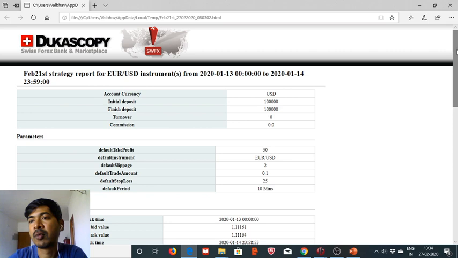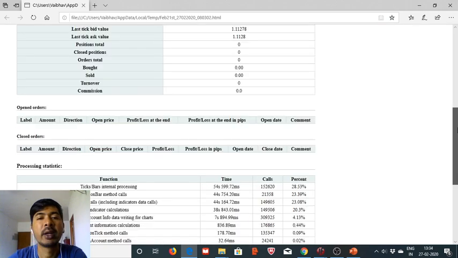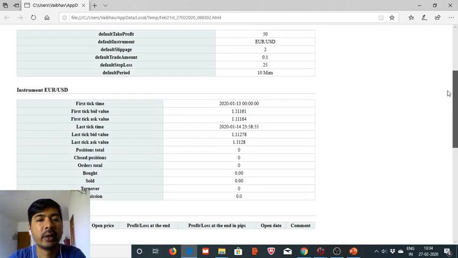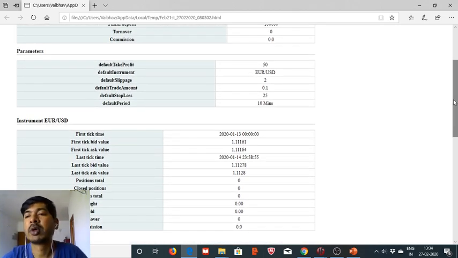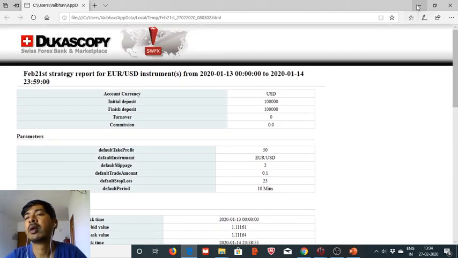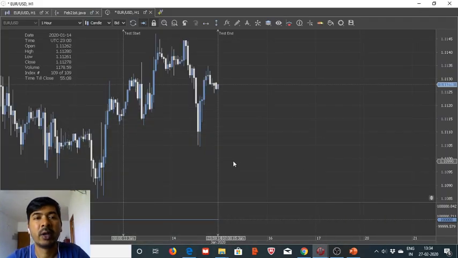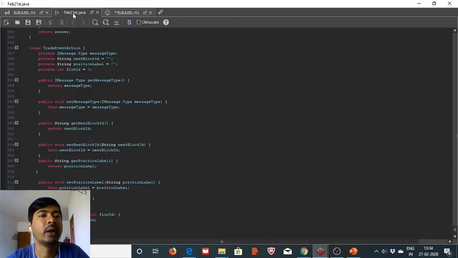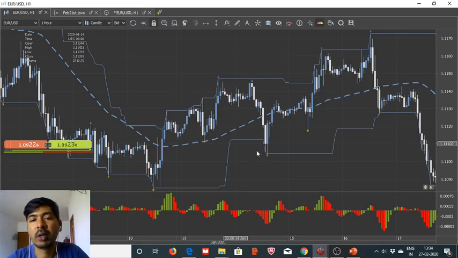It's pretty efficient also as it will be working day in day out, with not much room for an error. So as I told you, all three conditions are not being fulfilled at the same time, and because of that no trade has been executed during